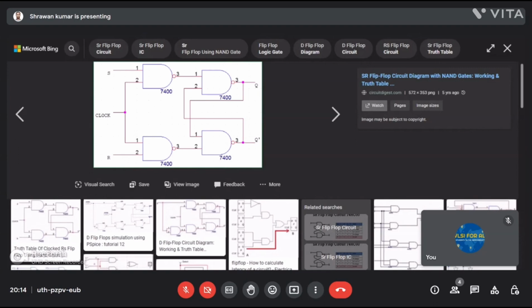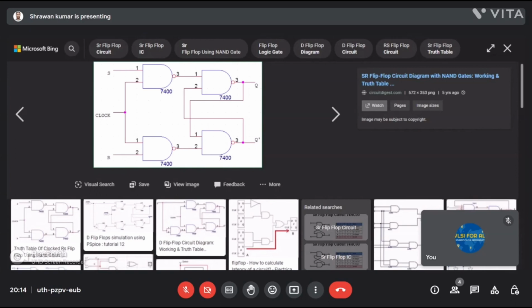At that time, at point 3, we will get the value 1 here, and it depends on Q bar. So the previous value will be stored here at Q.